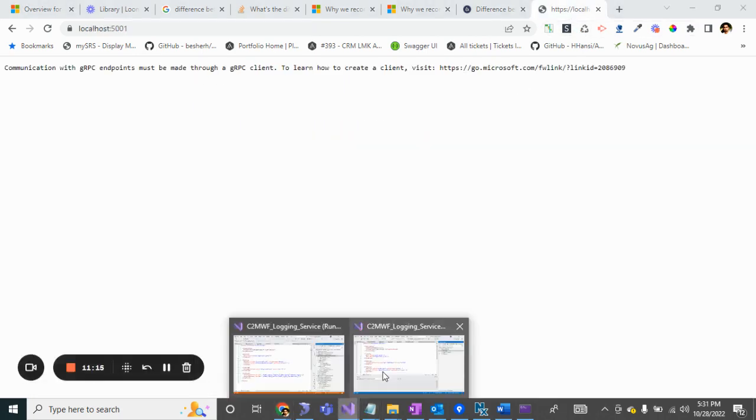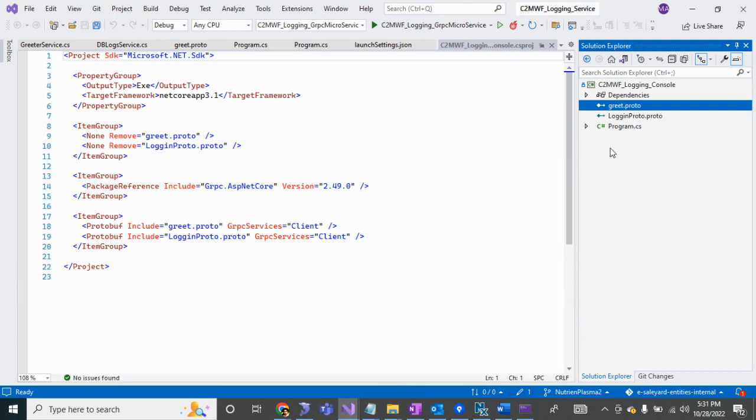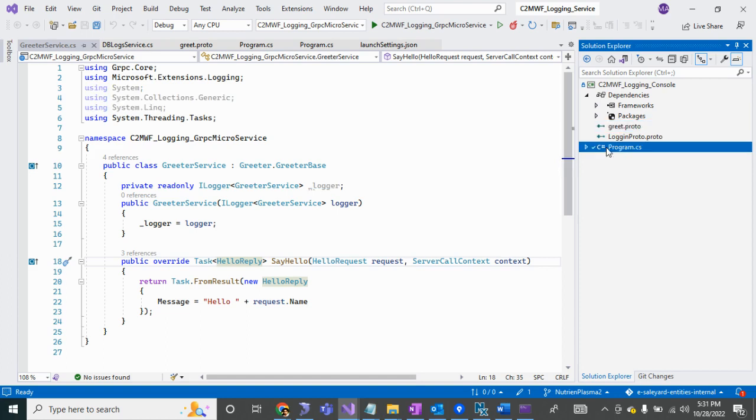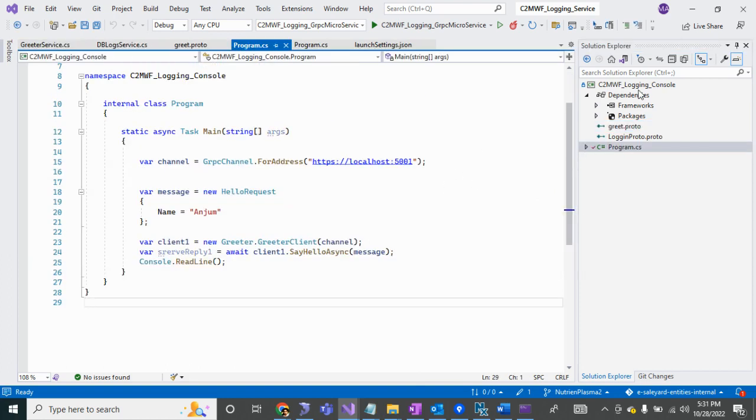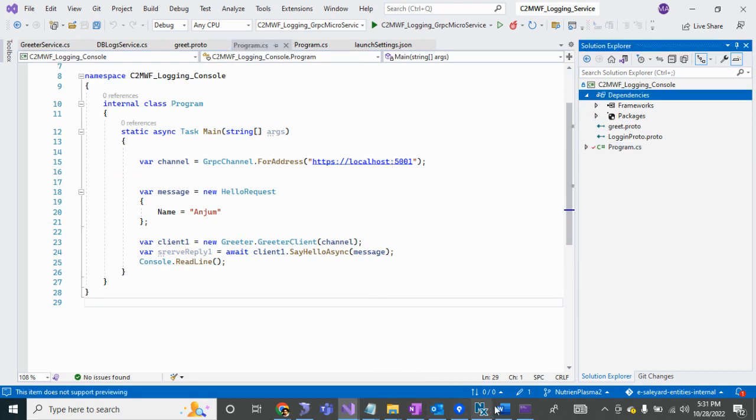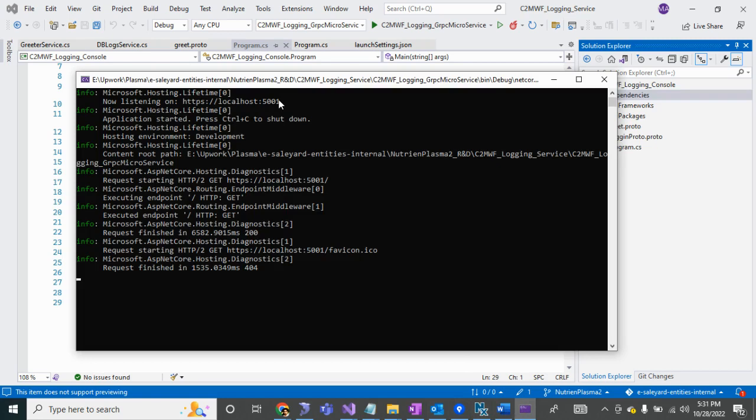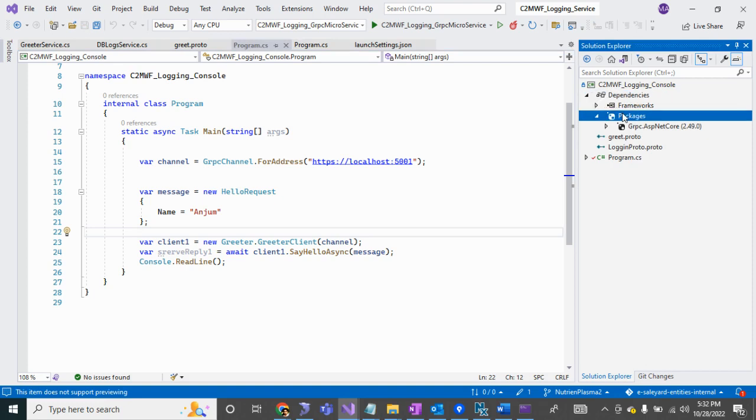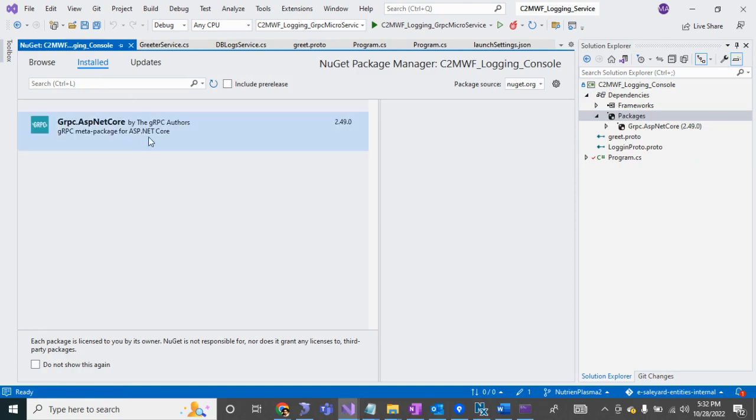So here I'm going to create a, where is that actually? Okay, so this is our console application. Now you can see that we have our gRPC service running on this port. And here I have created one console application. In the console application I just installed a NuGet package. I have installed only this package